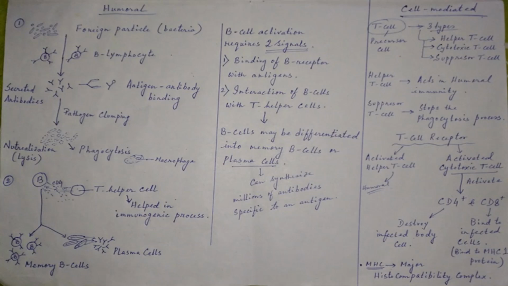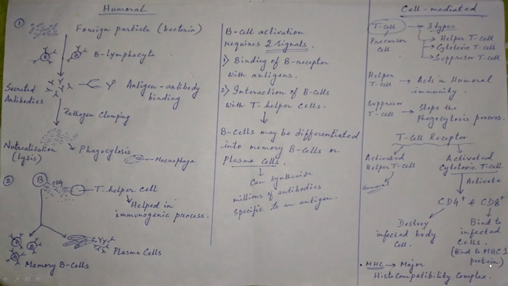Now what do they do? CD4 plus destroys the infected body cells. All the infected cells in our body are destroyed by this protein, and CD8 plus binds to infected cells,